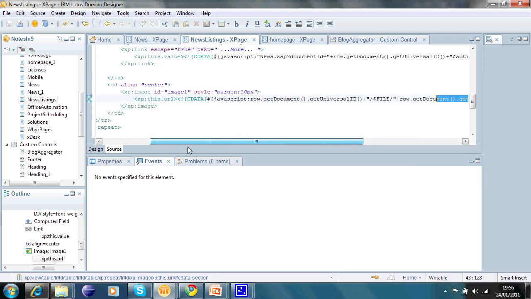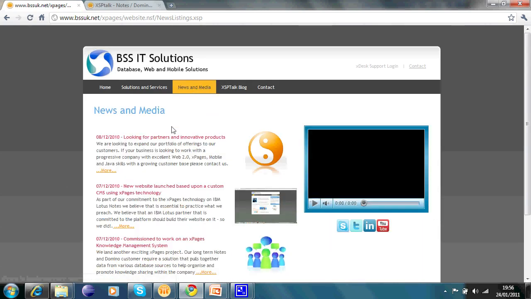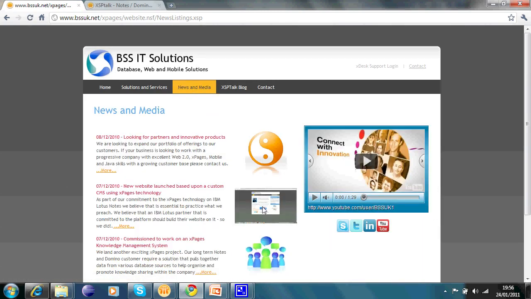So that's where we're getting the images in the news page. Okay, back to the news media section. So these are the images here that we're pointing to each of the documents, and this is the actual document in question itself. So if I click on the more,